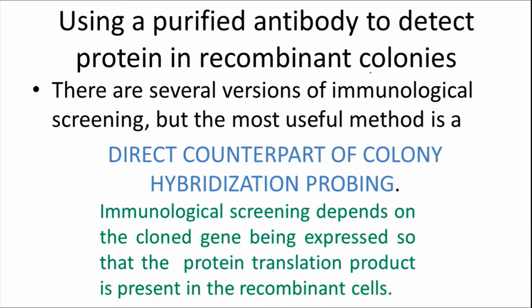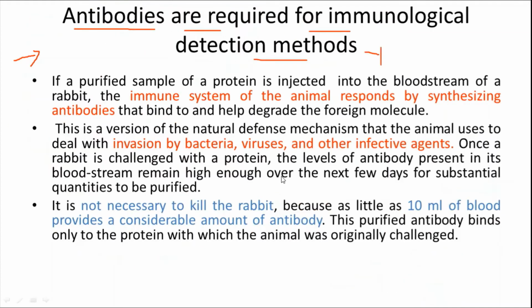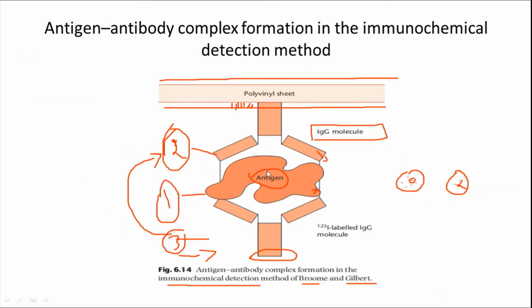Using purified antibodies to detect the recombinant proteins. How? We already manually prepared a peptide and injected it. Both have complementary homologies. So the purified antibody must bind to the expressed protein. So don't worry about it. Yes. Then only we can do it. This is the method, this protocol. Yes.